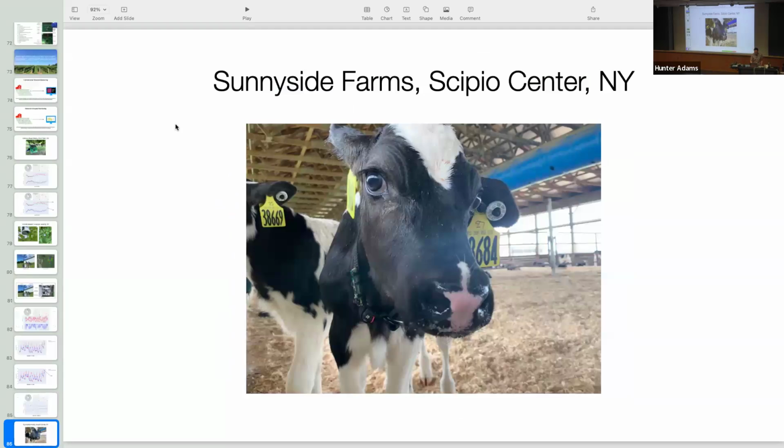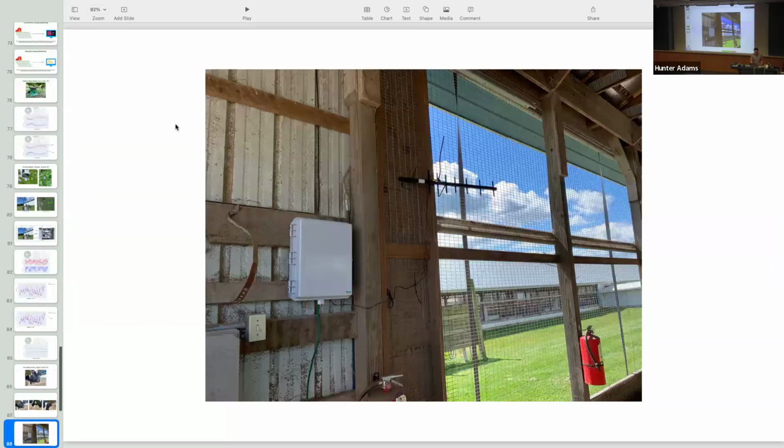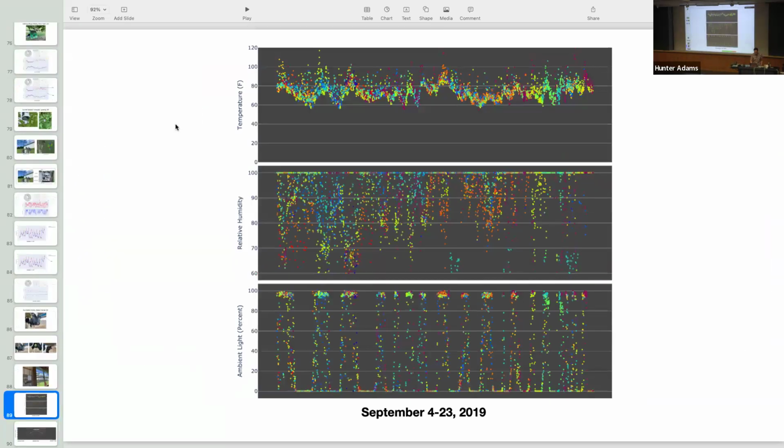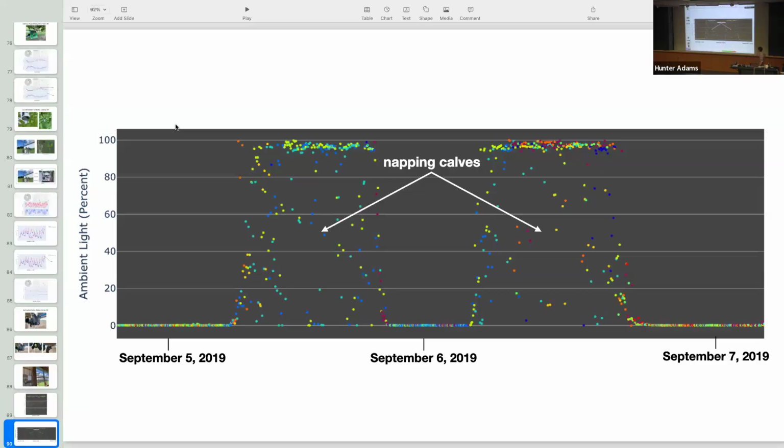I also put them on some baby cows. And this was mostly just to prove that we could. The thought was, let's instrument a cow, and then we'll make a version of this that's more useful for that. The funny thing I want to mention is that the most interesting sensor ended up being the ambient light sensors. We didn't think that would tell us anything interesting at all. But as it turns out, these sensors would saturate low at night when it was dark, high when it was day. These little dots in the middle during the day are sleeping cows.